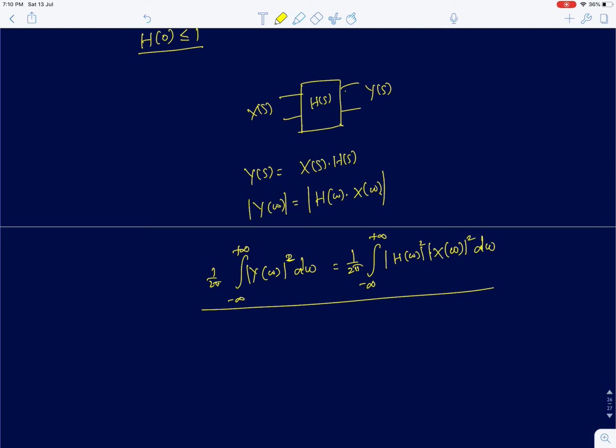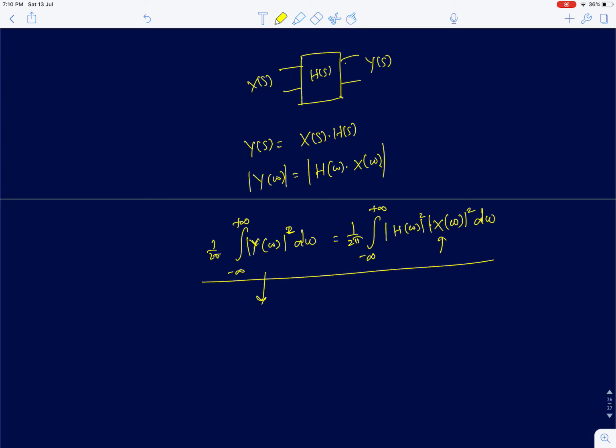Now from this result, I can see that for a passive system, the energy at the output will always be less than the energy at the input. Whatever energy you are feeding, which is the energy that comes from x of s, the energy at the output should be less than that, okay. So this I am going to call Ey, the energy at y, equals 1 by 2 pi integral minus infinity to plus infinity of mod of h of omega squared into mod of x of omega